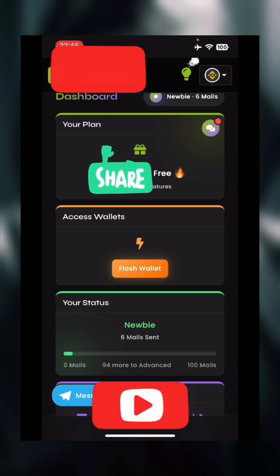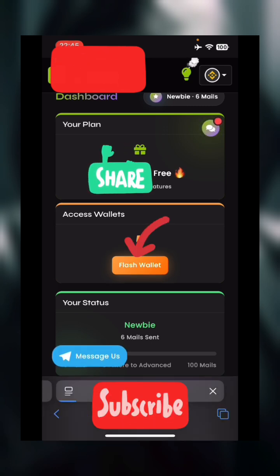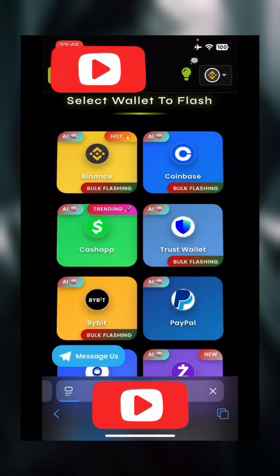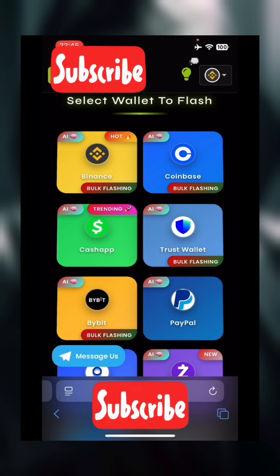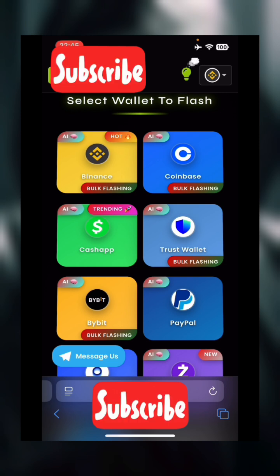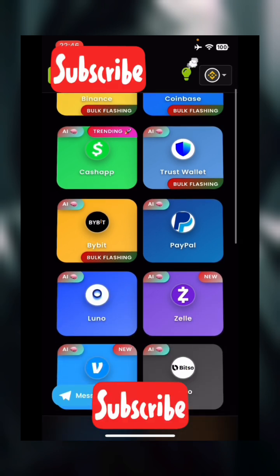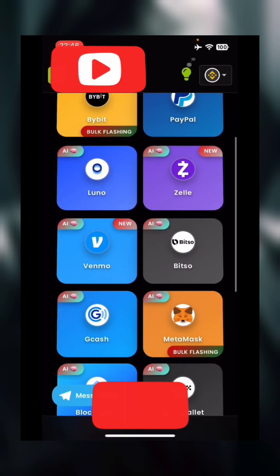So once you have created an account on this site, you click on Flash Wallet. With this Flash Wallet, you can see we have multiple wallets. We have the popular wallets here. You can see Binance, Coinbase, Cash App, Trust Wallet. It's not only working for crypto wallets, it also works for bank accounts. You can see Cash App, Luno, Zelle, Zemo,